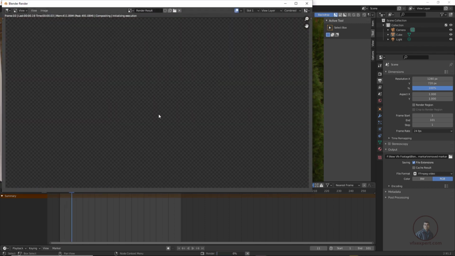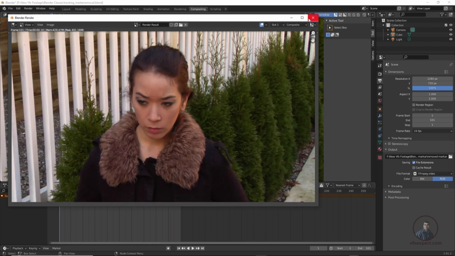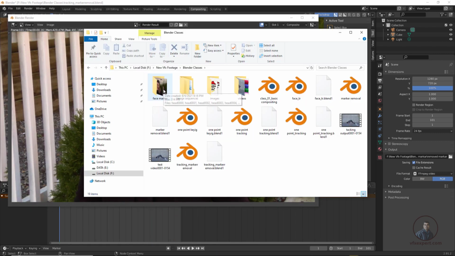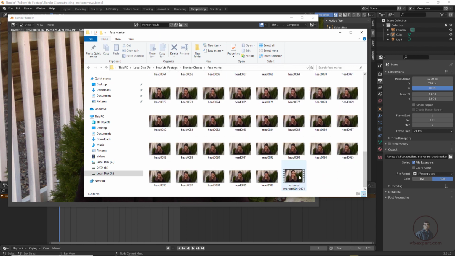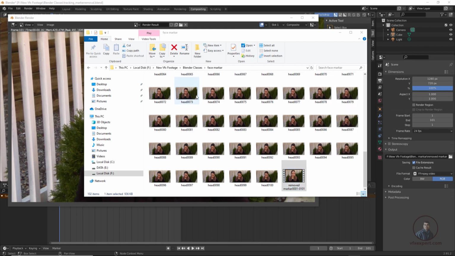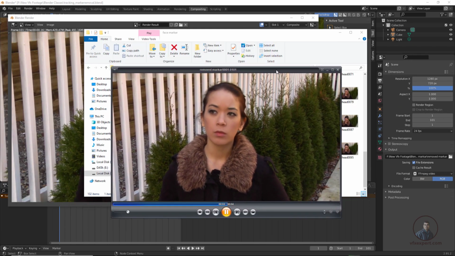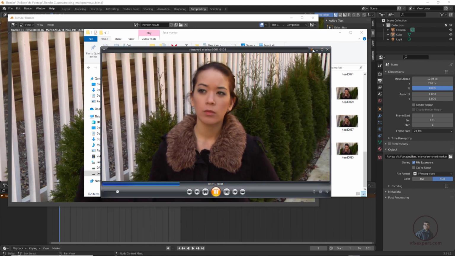Now it's rendering all our frames. Here I have rendered all my frames. Now just open here, this is our folder. Open this one. Here I have created our final video just for testing purposes. Right click and open with any player. Now just test this one. Here if you look, this is looking good. Now you can see, this is looking good. There are no markers here.